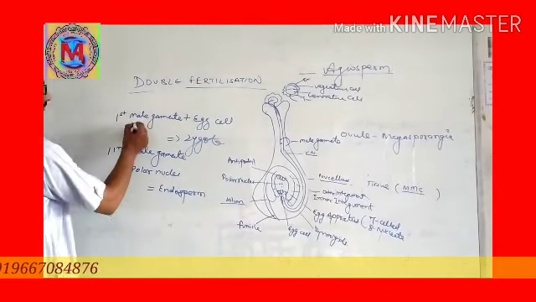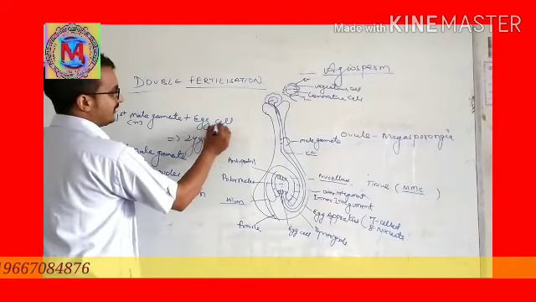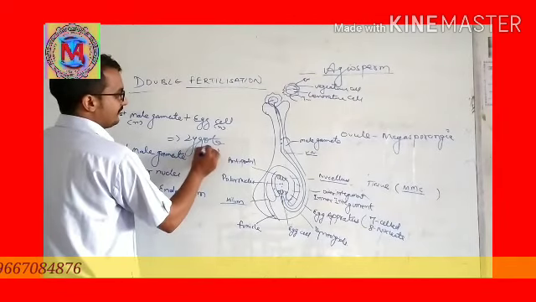The ploidy of the male gamete is N, the ploidy of the egg cell is N, and the ploidy of the zygote will be 2N. And here the ploidy of the male gamete is N, the polar nuclei are 2N because there are two, each haploid. So N plus N, and then plus the male gamete N. The endosperm is the only cell in which ploidy is 3N. So my dear students, as you can see, fertilization takes place two times. One, the first male nucleus plus the egg cell.